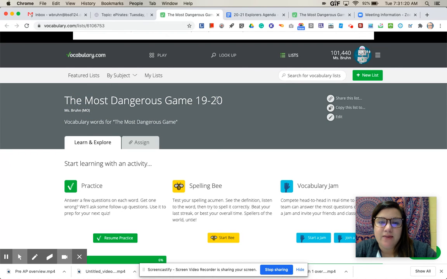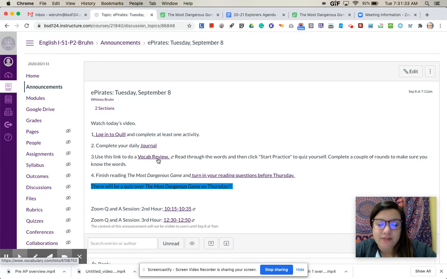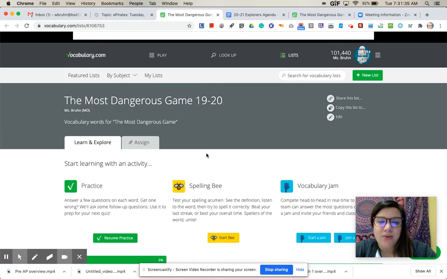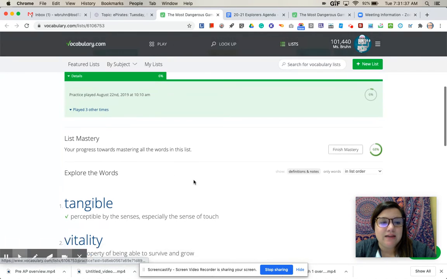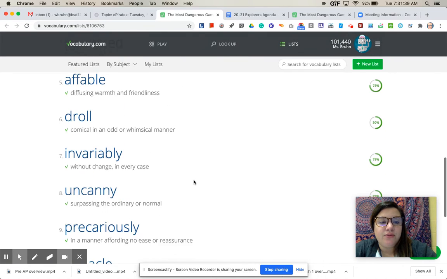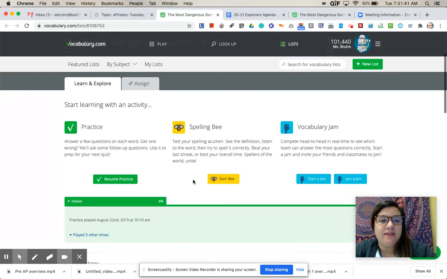The Most Dangerous Game, it says 1920, but we're using the same words for this year. So make sure that it says this at the top. If for some reason it defaults you back to some other list, then make sure that you come back to the announcement and click on the link again once you have signed up, and that will take you to this list. You can look through, review the words, review their meanings,